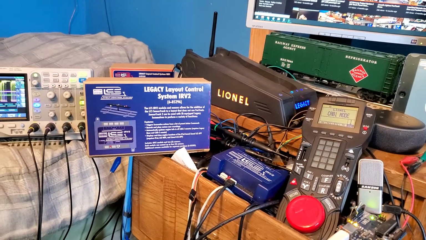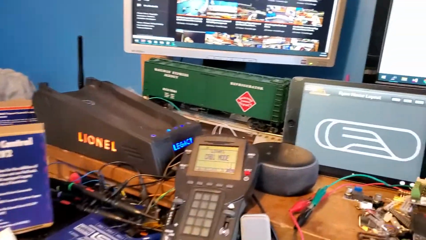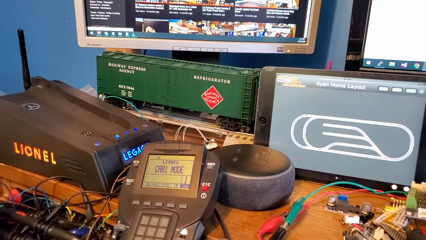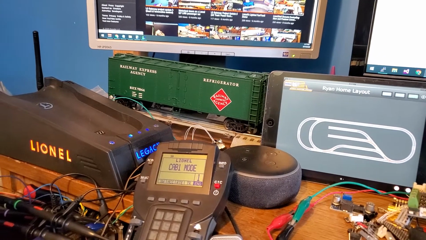And I wanted to add a way to produce this data on LionChief and other locomotives,